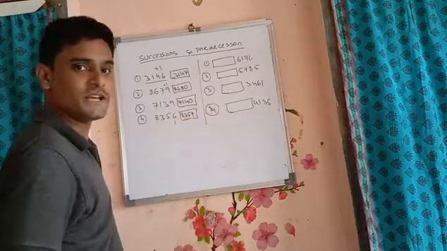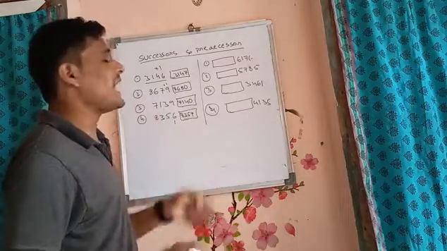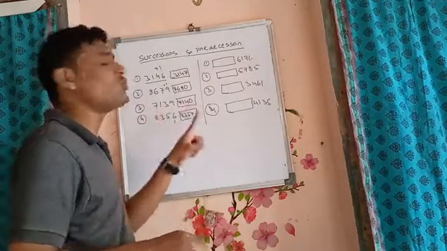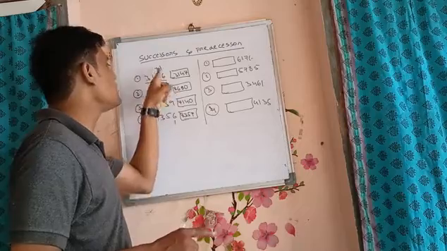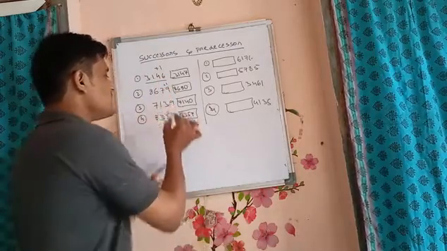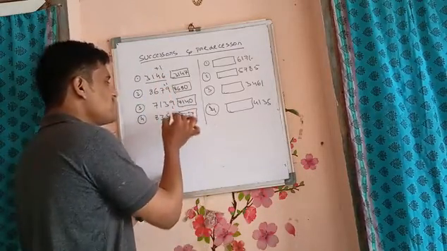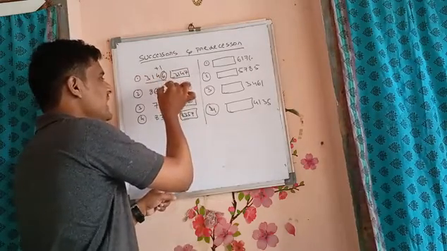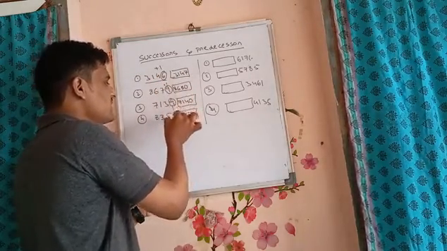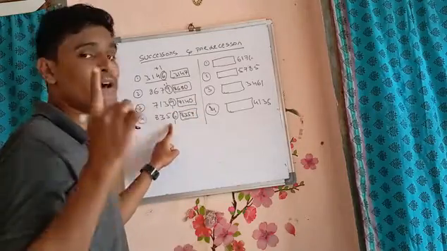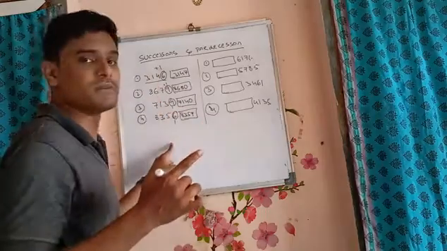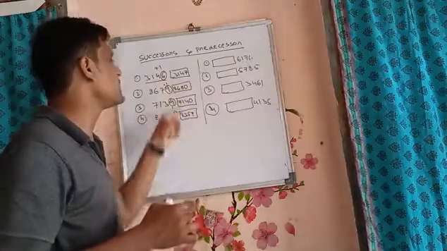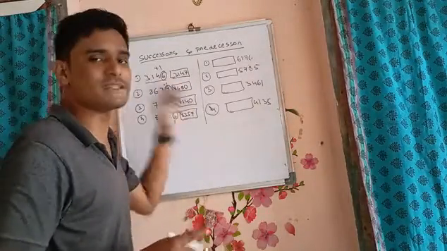If you listen carefully, when we add one to a number, we have to choose the unit place. Look at that. Here also unit place, here also unit place, here also unit place. What is the unit place here? 6. Here 9. Here 9. Here 6. So we add one to the unit place of the given number, so it changes the value. Whatever number it becomes is called a successor.